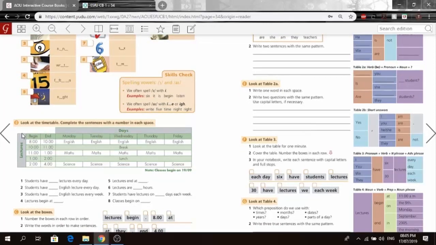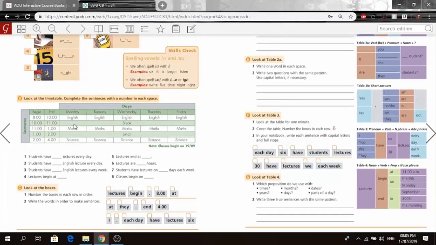So, moving on, look at the timetable, complete the sentences with the number in each space, okay? So I want you to pause the video and take a look at this table right here and try to understand what it's saying. So, it says that lectures begin and end at these certain time frames, okay? Monday, Tuesday, Wednesday, Thursday, Friday, so it's basically like a timetable, right? Now he wants us to add numbers here. So number one is students have dash lectures every day. Yep, you probably guessed that right. Students have 3 lectures every day, so